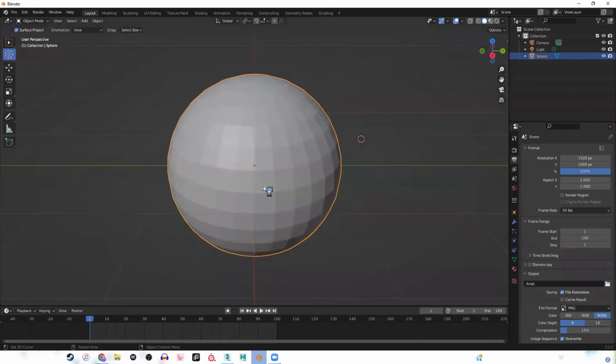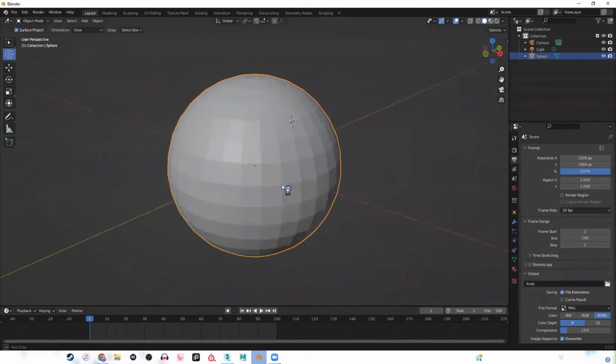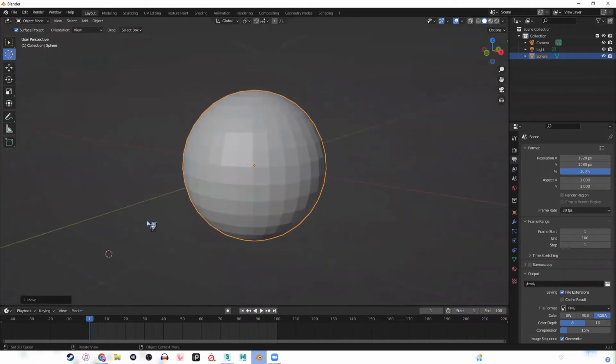So, paano natin gagawin yon? Paano natin i-change yung pivot point dito sa ating Blender? We're actually going to make use of our cursor, no? So, select natin cursor. Once I click everywhere, nandito siya. Ito yung cursor natin. So, that's our cursor. Now, ang mangyayari dito, we're basically going to snap it sa ilalim dito,